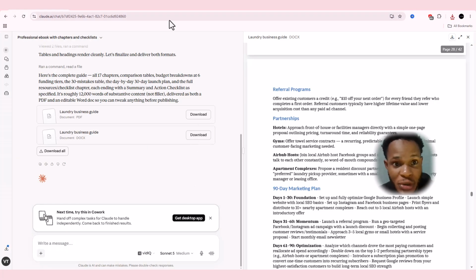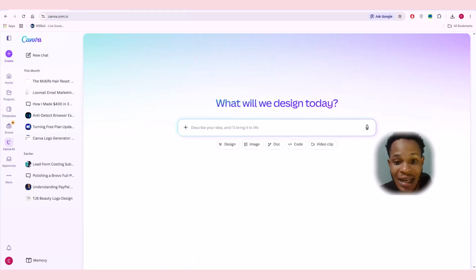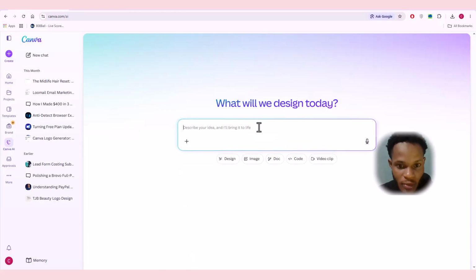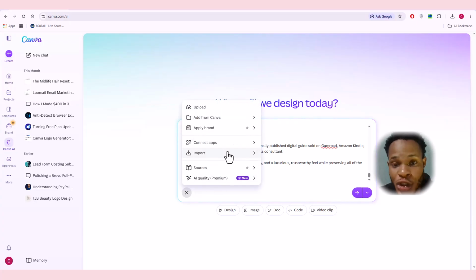Down in the video description, I've got a prompt also for Canva. I'm going to copy this prompt right away, and come back into my Canva tool. I'm going to paste the prompt. You can see I have the prompt already inputted. Then I'm just going to click on this plus icon to attach the document we downloaded from Claude